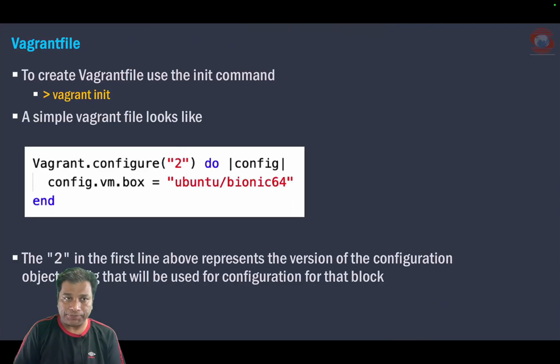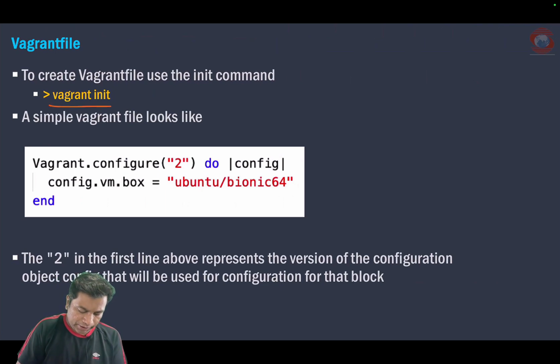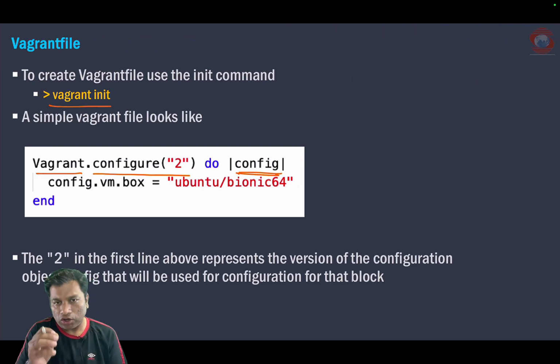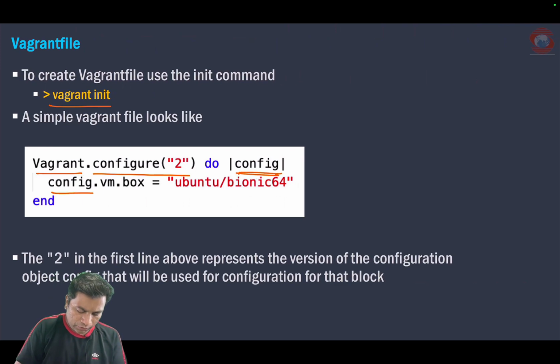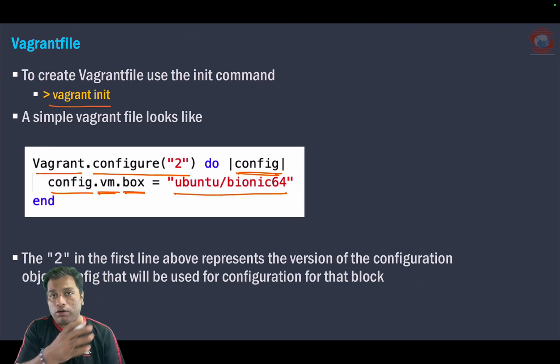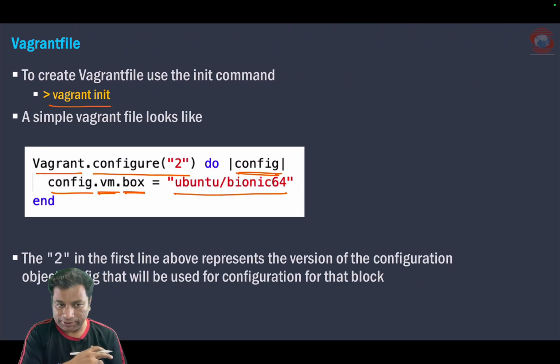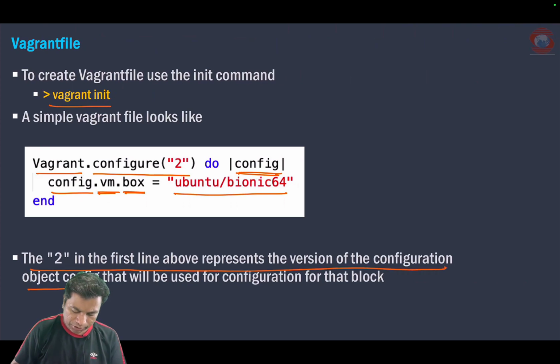So how does it look? You can see it here in this particular box. This is the command Vagrant init, which will create a file which looks like this. This is the Vagrant variable that we are having. We are configuring with version 2 and we are creating a simple variable called config. So in this config, for the virtual machine's box name, we are specifying something like Bionic 64 or Ubuntu 24 that we started with last time. The 2 in this first line represents the version of the configuration object config that